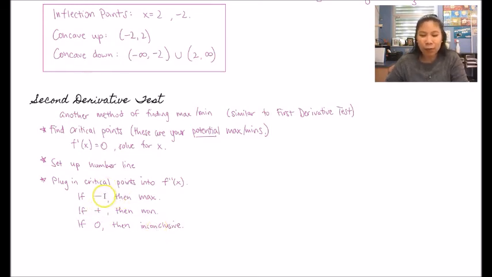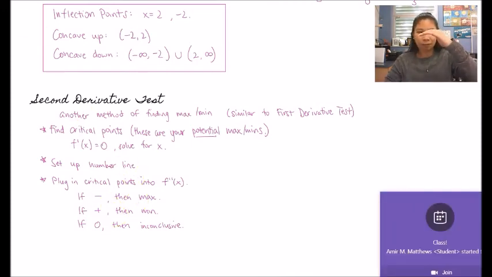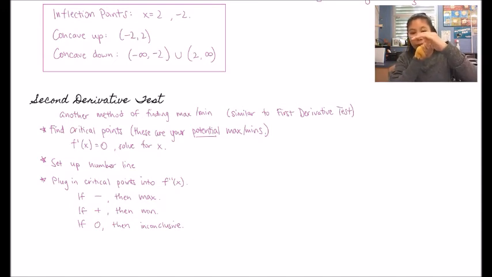But if you think about it, if you're plugging into the second derivative, it's telling you whether things are concave up or concave down. So when you get a negative number, that means it's concave down. And so if you have something that's concave down, like curving downwards, then you're going to have a maximum there because it's like the top of that curve. If you have something that's concave up, because when you plug into the second derivative, you get positive, then it'll